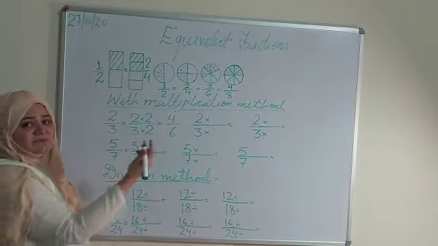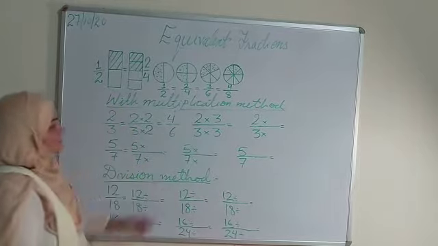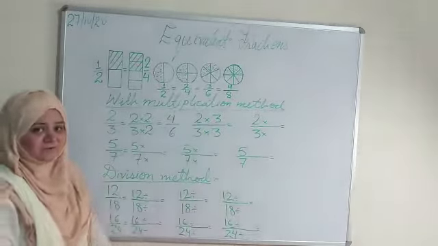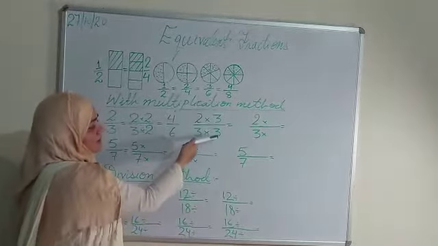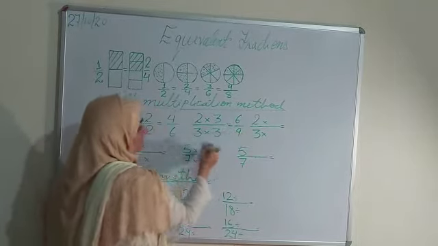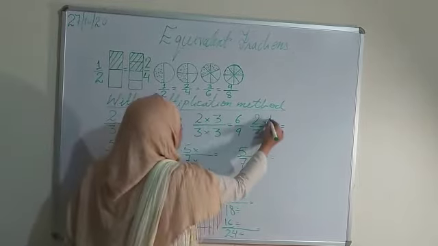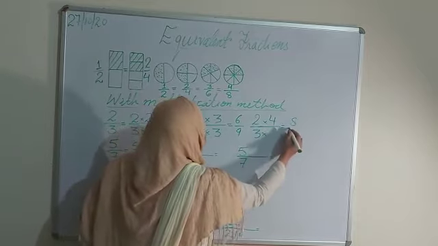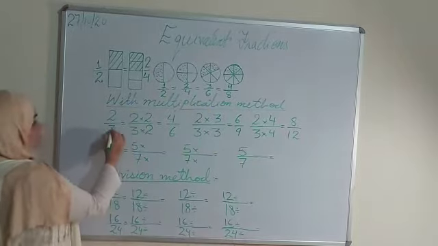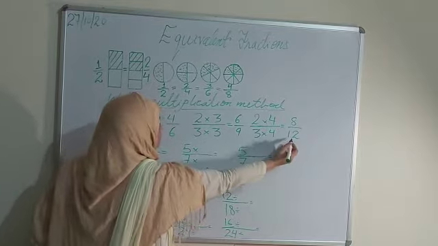Now we will take the next smallest, that is we will multiply 2 by 3 and 3 also by 3. Always you have to multiply numerator and denominator with the same number to get an equivalent. So 2 3s are 6, 3 3s are 9. Now after 3 comes 4. Take the 4 to write the next equivalent. 2 4s are 8 and 3 4s are 12. In this manner, your 2 upon 3 is equal to 4 upon 6 is equal to 6 upon 9 is equal to 8 upon 12.